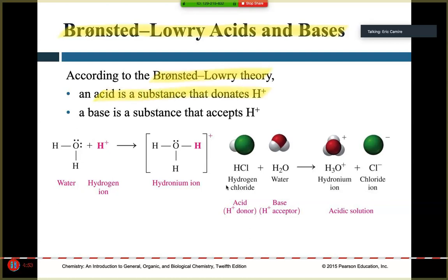So it's a little bit different than talking about when it's added to water, it creates H+, right? Here we're going to be talking about things that come in pairs. So acids are going to be donating a hydrogen, and then bases are going to be accepting hydrogens. So it seems like a very minor detail, and it is, but it adds a little bit more sophistication to our definition. So the example that I have down here, right, we could take something like water, and then if